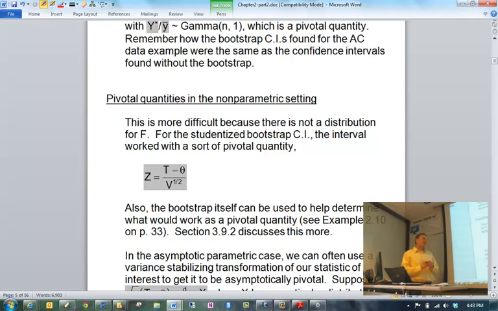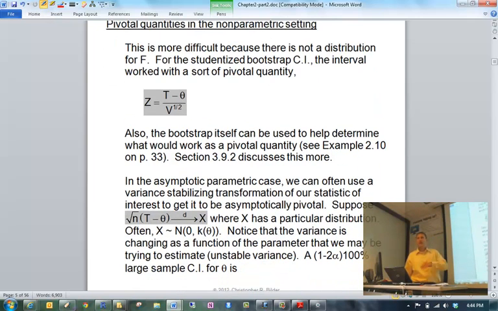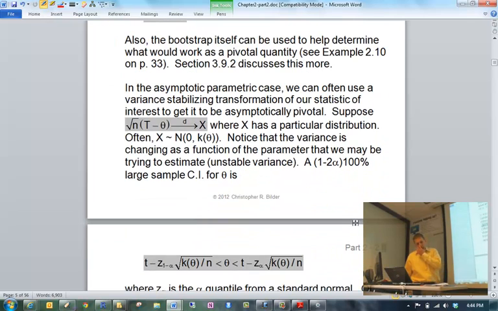You can't really say something's pivotal necessarily in a non-parametric setting, because what's the distribution of t? So what we thought was, what one could do with the studentized bootstrap confidence interval, take something that kind of looks like a pivotal quantity that we would normally use in other applications. Take t minus theta over square root of v. And that was the idea behind the studentized bootstrap confidence interval. It's not a perfect idea, but it works well in a lot of problems. But here's another thing that you could do,